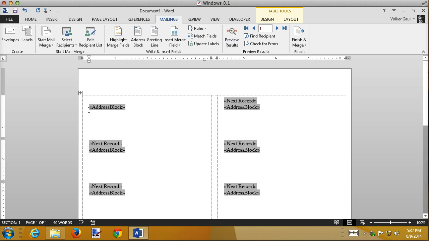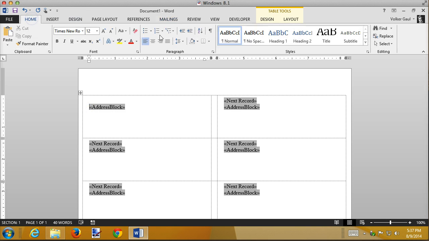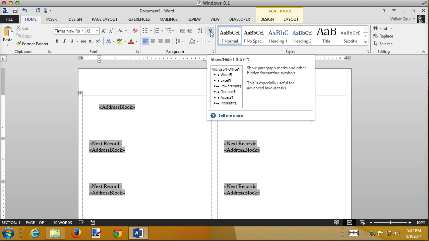So I'm going to come back here to the address block, and I'm going to press the indent button on the home page to move my entire address over a little bit more. I don't want it centered, and we'll see why here in just a second. And then I'm going to go back to preview mode. Okay,